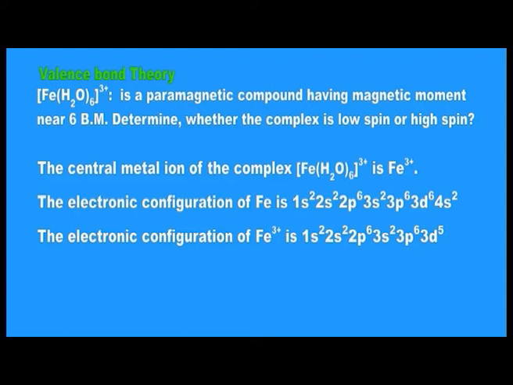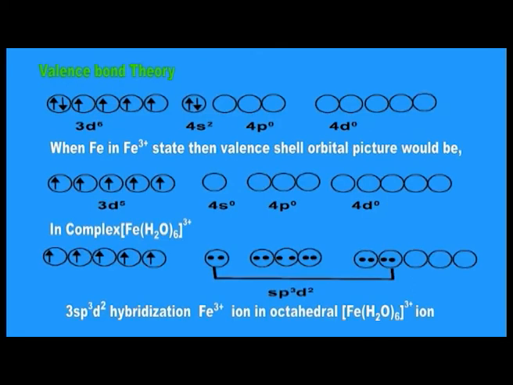So let's solve this question. The central metal ion of the complex Fe(H2O)6 3+ is Fe3+. The electronic configuration of iron is 1s2, 2s2, 2p6, 3s2, 3p6, 3d6, 4s2, while the electronic configuration of iron in +3 oxidation state is 1s2, 2s2, 2p6, 3s2, 3p6, 3d5 in its ground state. The valence orbital picture of the same would be